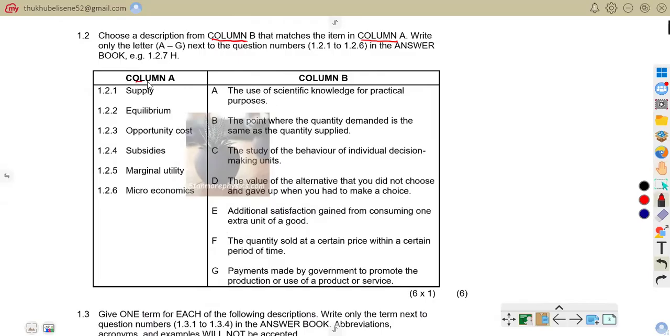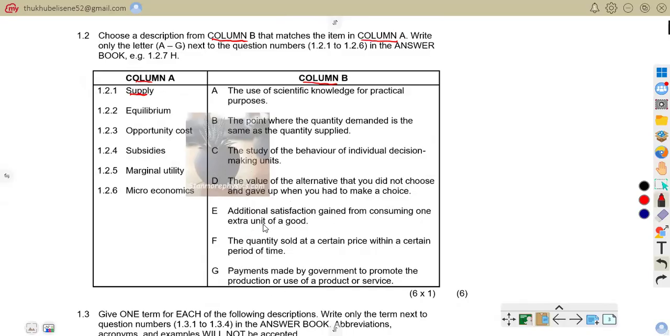So we have column A and we have column B. Column B is a description and column A is items. So we are going to match these items with the correct description. Without wasting much time, let's start. 1.21 talks about supply. Now we're going to look at the description that matches supply. If you go together through all these descriptions from A to G, you can see,